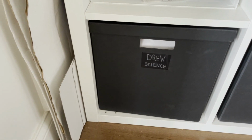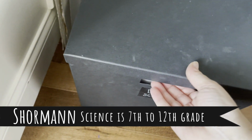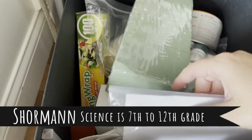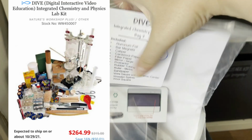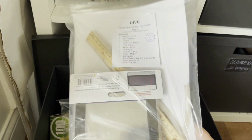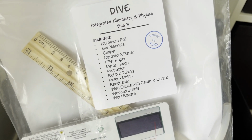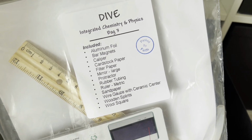And then this is my high schoolers' science stuff. If you are interested in Shormann Science, the kit that it came with, I should have done an unboxing, but this was pretty cool how it came packaged. So I went ahead and ordered it. It was quite pricey. I didn't really look through the whole list to see that it was going to actually send me a ruler. So I think next year I'll definitely look more through what I'm actually paying for, but